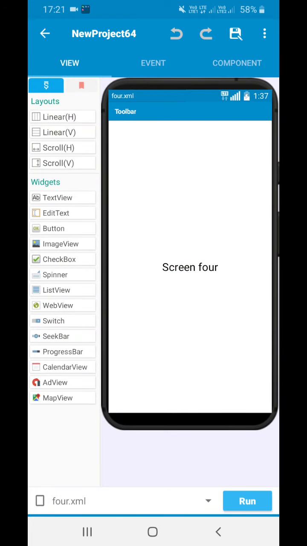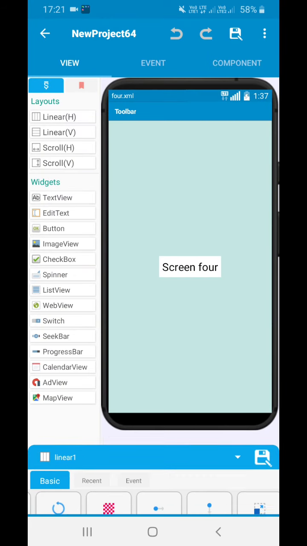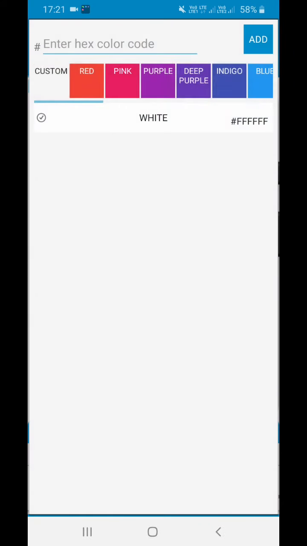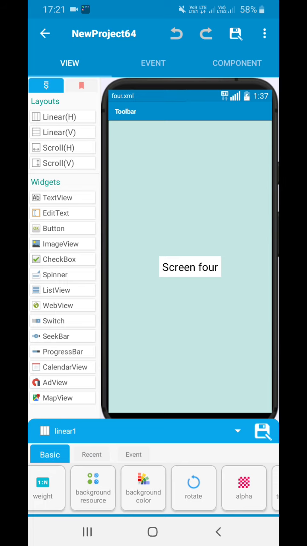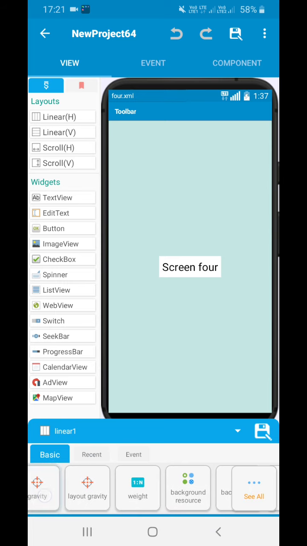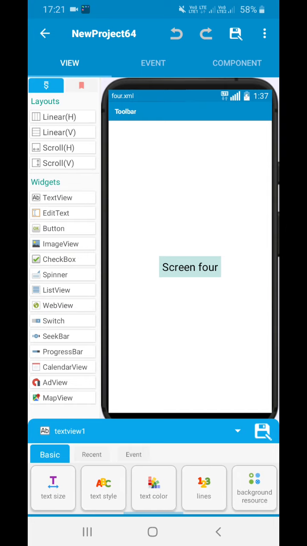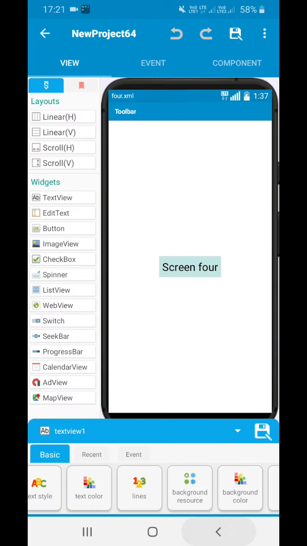And number 4, similarly we have put a linear layout with width and height match parent, background color white, and gravity center horizontal, center vertical, and a text view whose text is screen 4, text size is 25 sp, and background color is white.